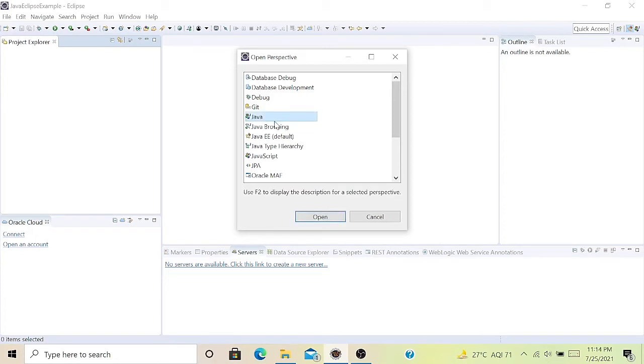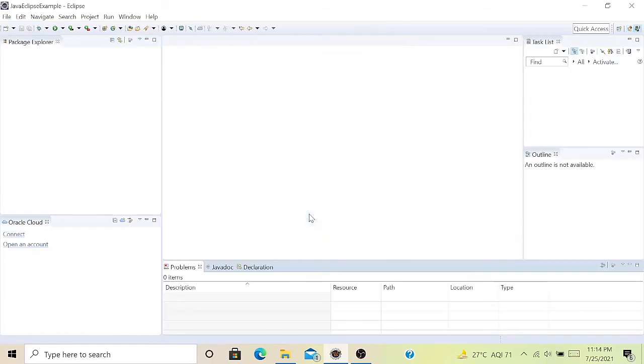If you are working with a website or web application, then you can work with the Java EE perspective. So here we can use Java because we will work on a core Java project. So select Java and click on open. So you can see that your Java perspective is open.